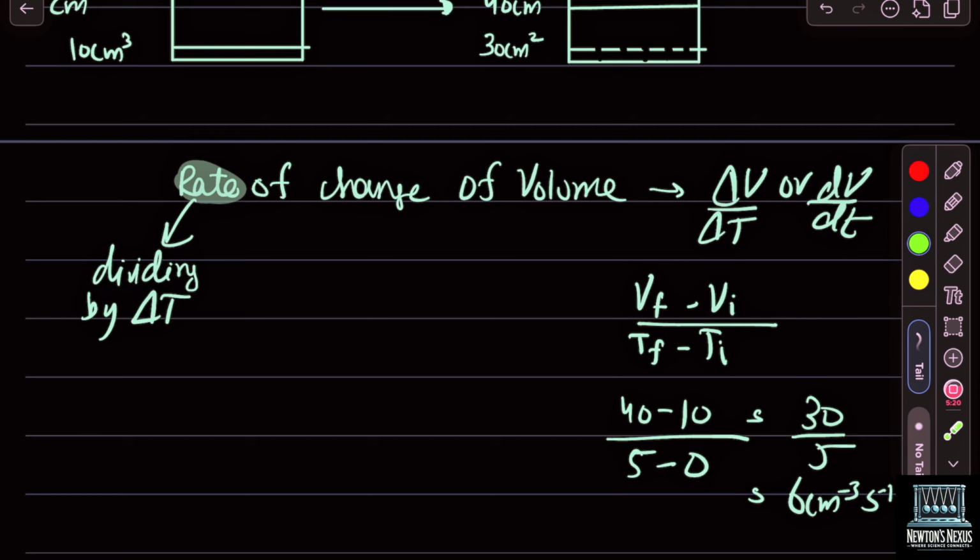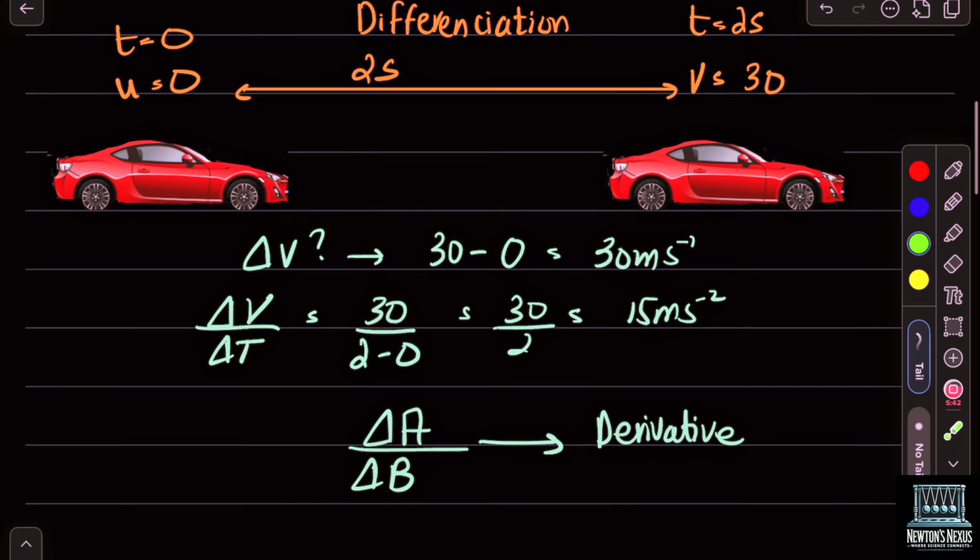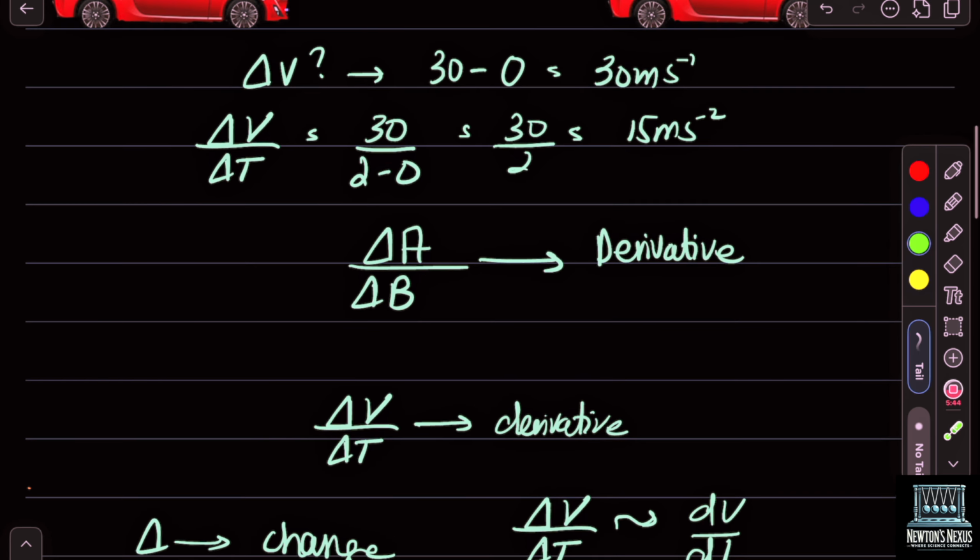It included the change in time. So when we deal with a change in time aspect, whenever we deal with a change in time, it always means the rate of change, because the word rate by definition means dividing by delta t, dividing by the change in time. And in our previous example, it also meant the same. Because our denominator had a delta t,